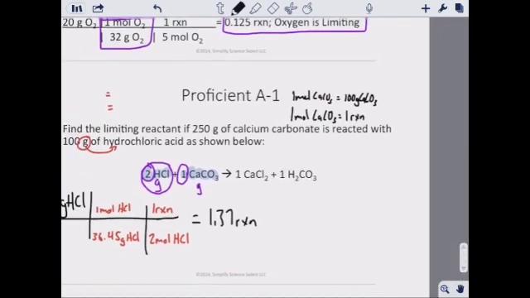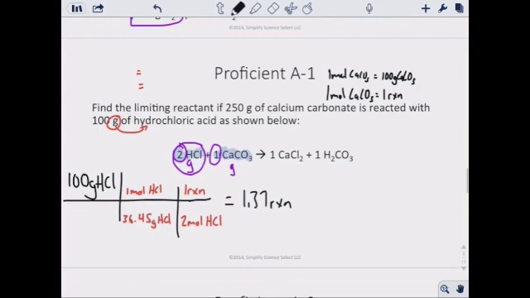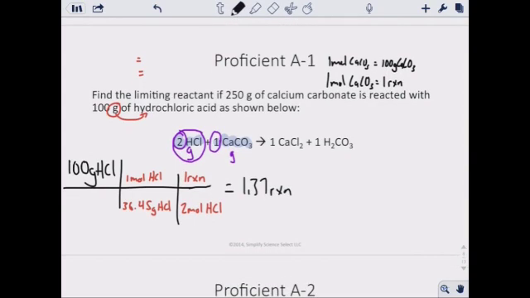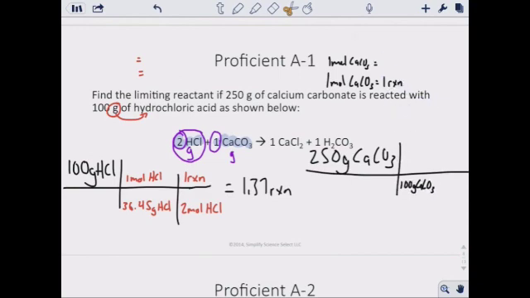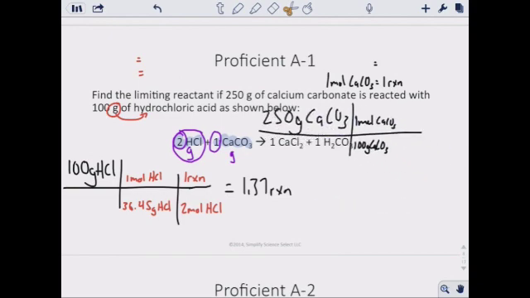Now remember, what do we always start with? We start with what it gives us in the problem. So we're starting with 250 grams of CaCO3. Set it up, and we see that grams is on top, so grams goes on bottom, and that would be 100 to 1 mole. And then, let me scoot this over, then we keep going,